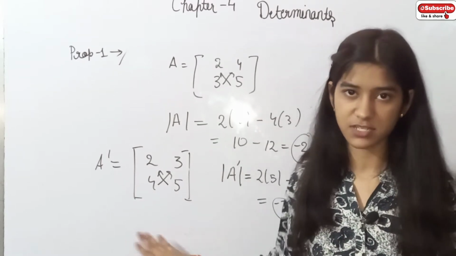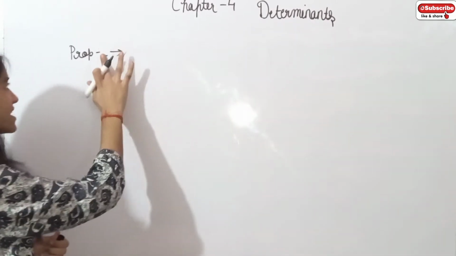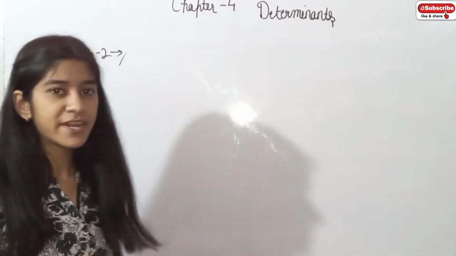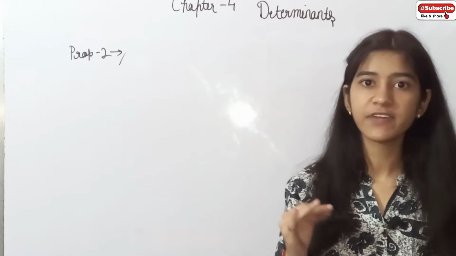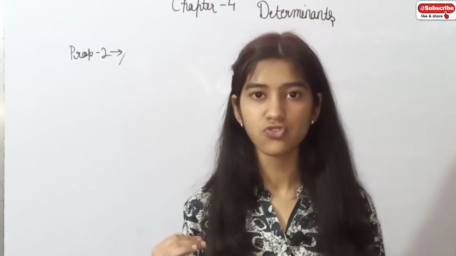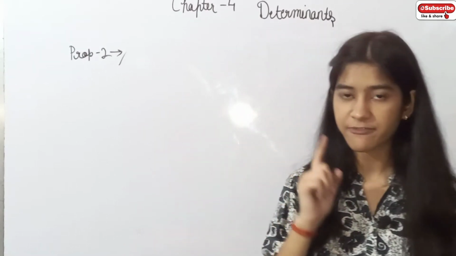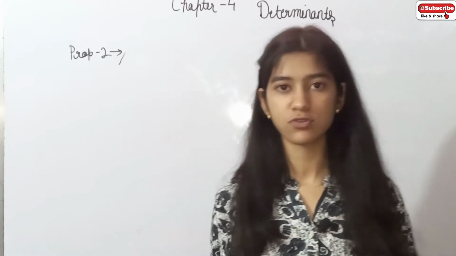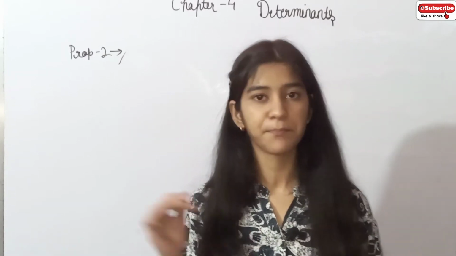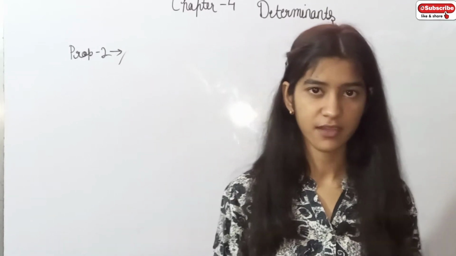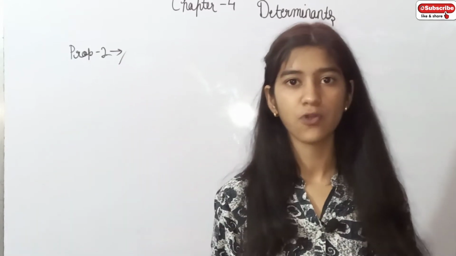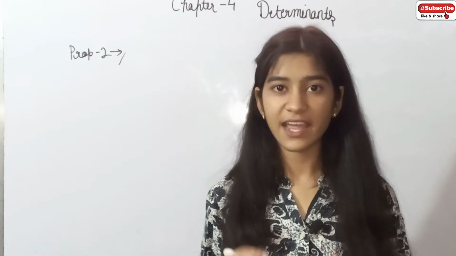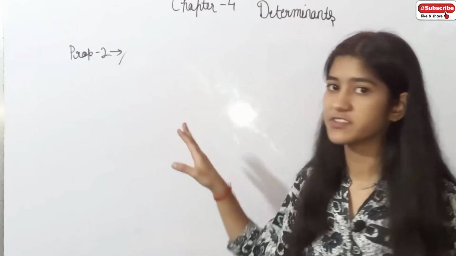This is the property first, hence verified. Now property 2. Property 2 of a determinant says that if we interchange any two rows, in the property first we have exchanged all the rows and all the columns of a matrix. In the simple manner we have taken the transpose of that. But in the property second we exchange only any two rows or any two columns, then the sign of the determinant gets